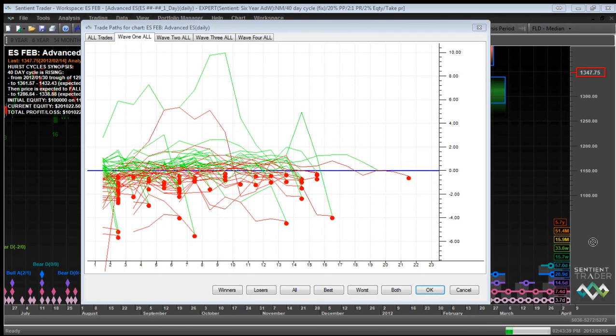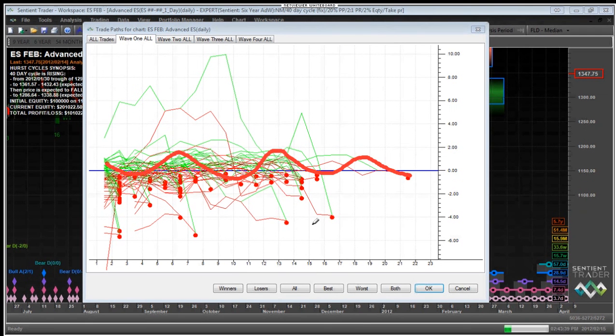Here's an interesting one. By the way, you can zoom in on these charts by doing the same thing you do with the Sentient Trader chart. You can drag your charts using the same type of thing so that you can see better detail. Out of all these losing trades, most of them wobbled around the break-even level and then ended below it. There was one trade here which followed the shape of a winning trade, very importantly, and then turned into a losing trade.